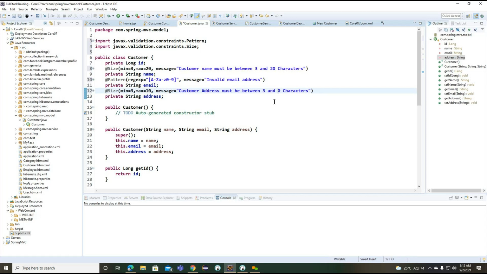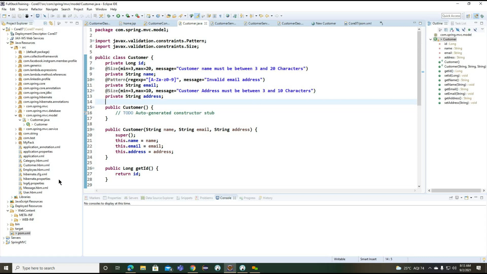Must be between 3 and 10 characters here. Okay, so this is all about the user information.